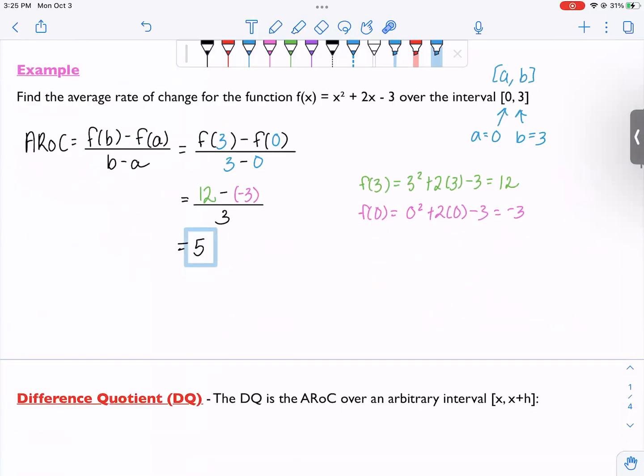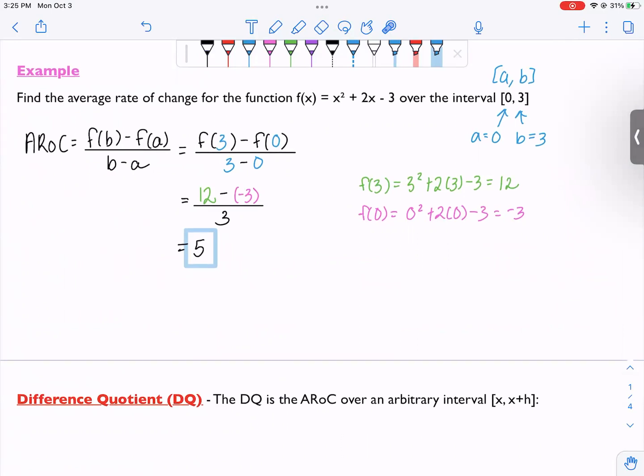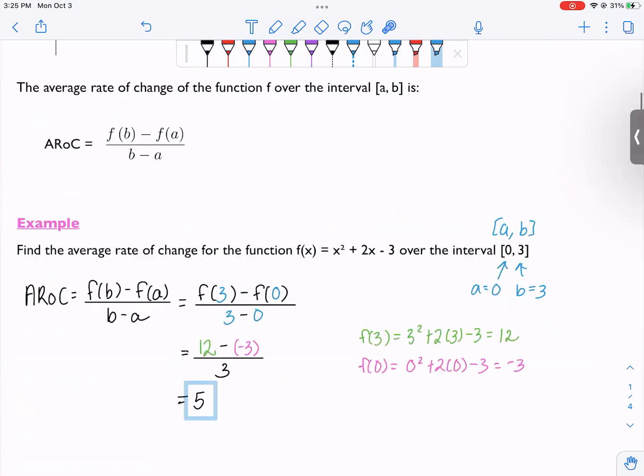We're here to talk about the difference quotient. And the difference quotient is the average rate of change, but over an arbitrary interval, as opposed to being over a defined interval. So this arbitrary interval, x comma x plus h,